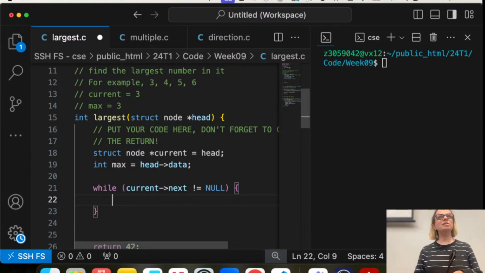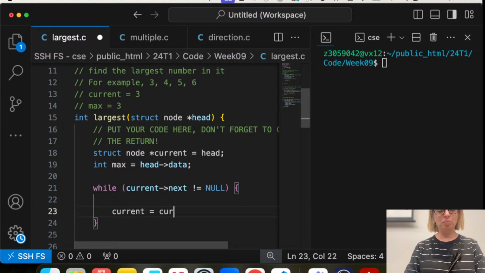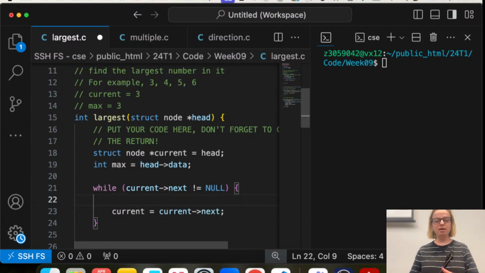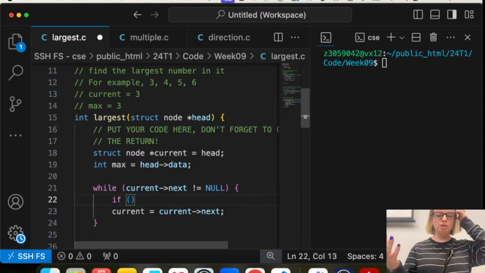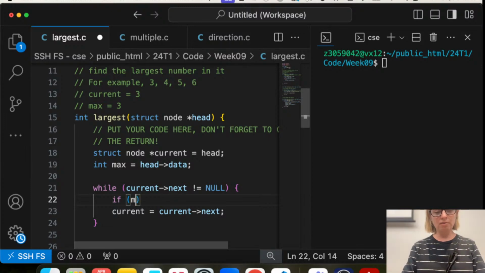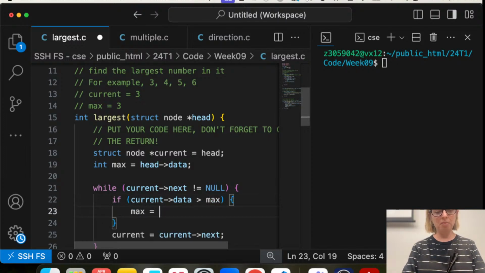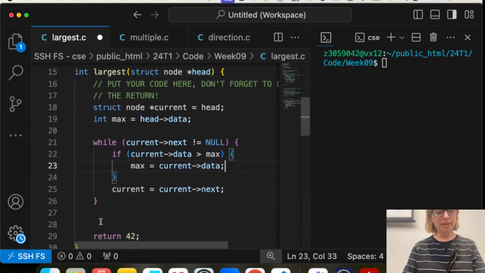Okay, all right, so let's go with current next, then we'll change it to the other way to see what it does, okay? So we've got whilst current next is not equal to null, and at some point we're going to move our current pointer along, and here we're going to check whether or not it's equal to the max. So I'm going to check if my current data is greater than the max, and if it is, then I'm going to set my max to whatever is sitting inside current data. And then I'm going to move the list along.